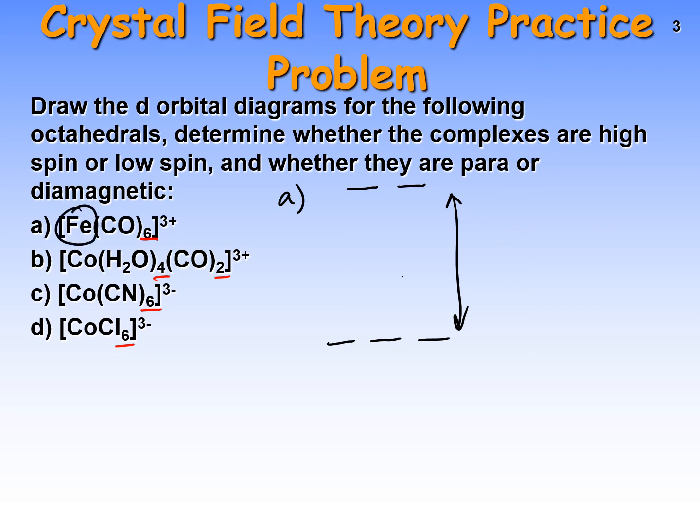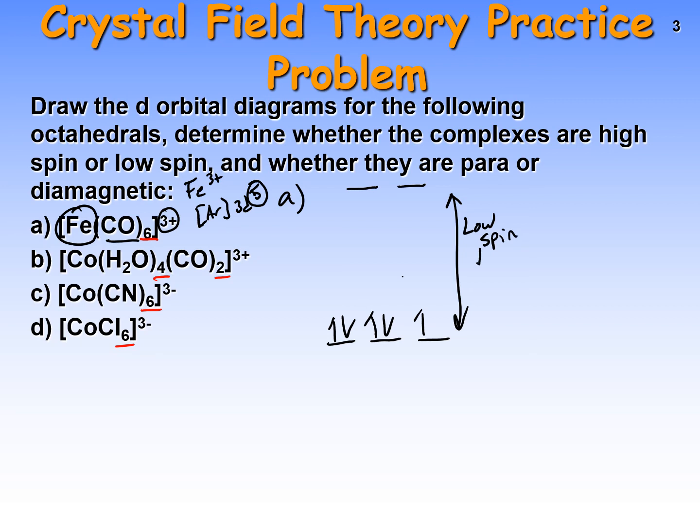I need to figure that out from the iron, based on the fact that carbon monoxide, or carbonyl, is neutral. We have a 3+ charge on the complex. This is Fe3+, which is Ar 3d5. And so we have 5 d electrons that we're allowed to put into our diagram. And because of this really strong field ligand that we have attached to it, I'm doing this, right? This is a low spin complex,